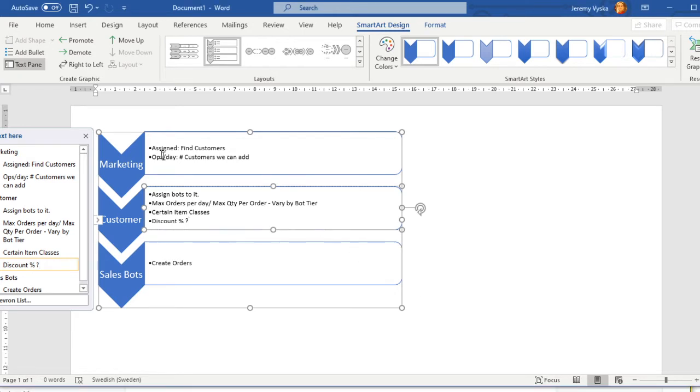So if that works really well from the sales side, how do we want to handle the vendor side? Do we want to do the same thing? I don't think we do. I think having marketing bots finding us suppliers doesn't make as much sense. How do we want to potentially find better suppliers? Well,